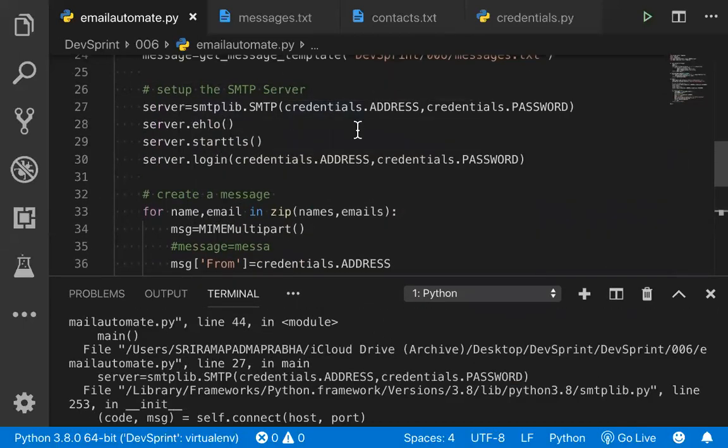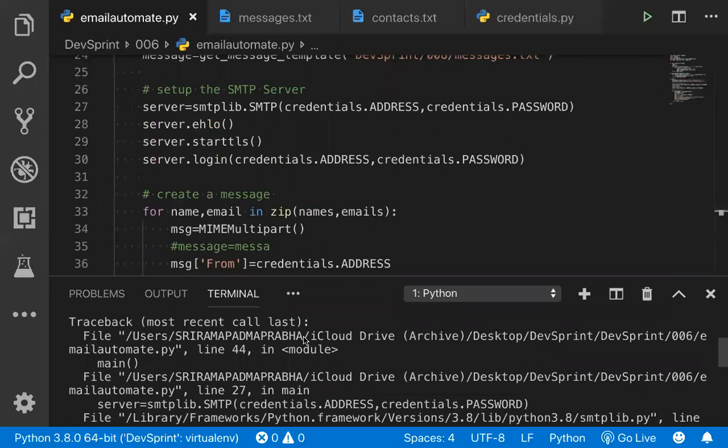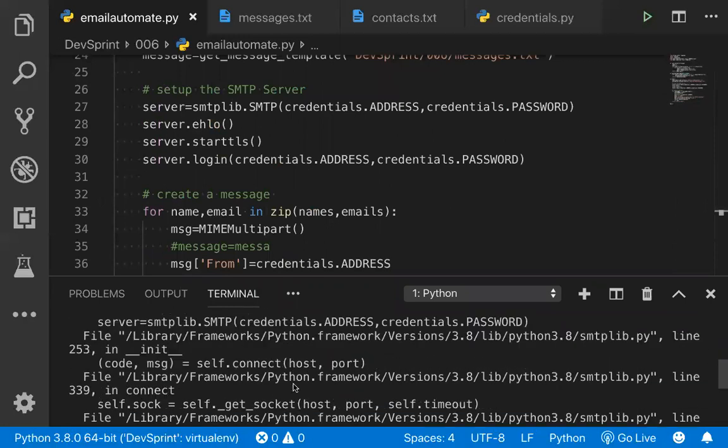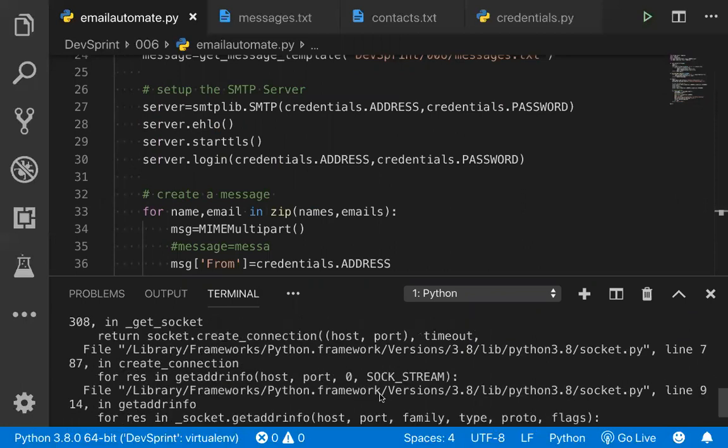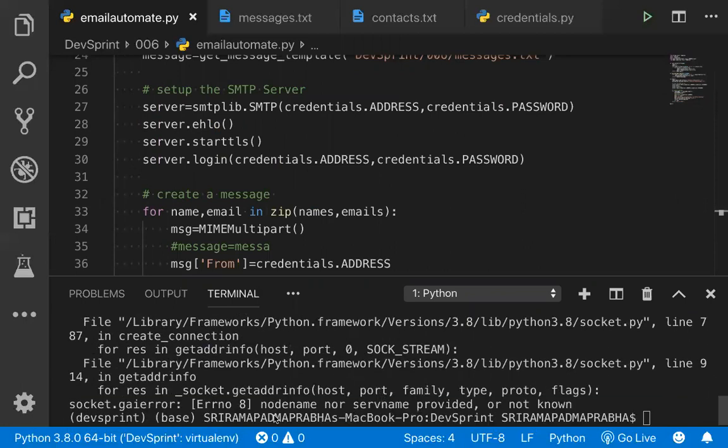I'm using smtplib credentials correctly, right? What is the problem? It says the file in the method, socket host, port number, timeout. It's saying that the server name is not provided. We already provided it, right? One second, guys, I'm checking that.